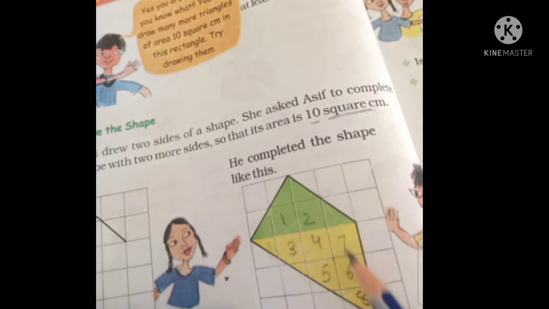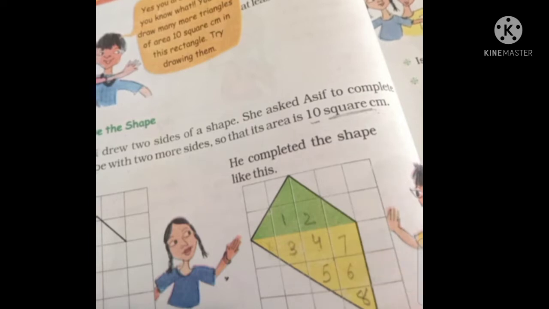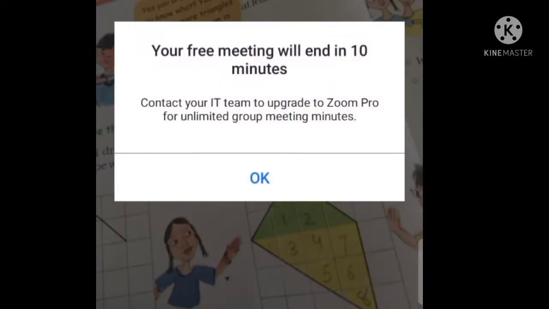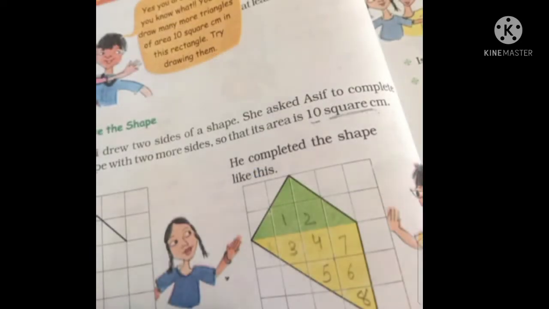Okay, so let's count it. Is this 10 or not? See, I already wrote 1, 2, 3, 4. This one is more than half, 6. This one is also full, 7. This one is 8, right? What about this? These both are exactly half, so we count as 9. And this also exactly half, we count as 10. So the area of this figure is 10 square centimeter. Are you clear now? Right? Okay, so we don't have to count this one also because that is less than half. This also less than half. So the less than half portions we don't have to count.